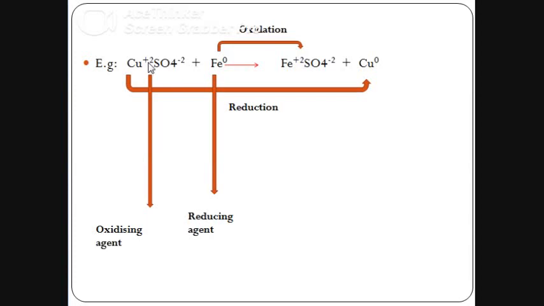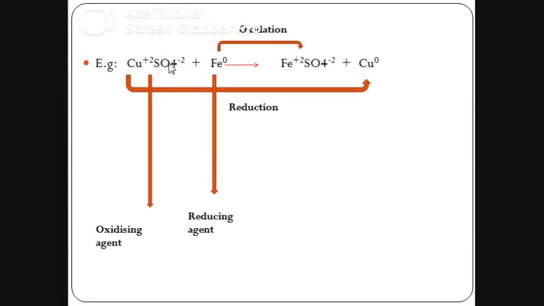Now children, these +2, -2, 0 are the states which tell us about the formation of a cation, anion or an atom. Remember, an atom in its elemental form will not have any number over here, it will be 0. It means that it is neutral. There is an equal number of protons and electrons. There is no formation of cation or anion over here, as you can see in iron and copper, which are in their elemental state. But a compound is always formed by the union of a cation and